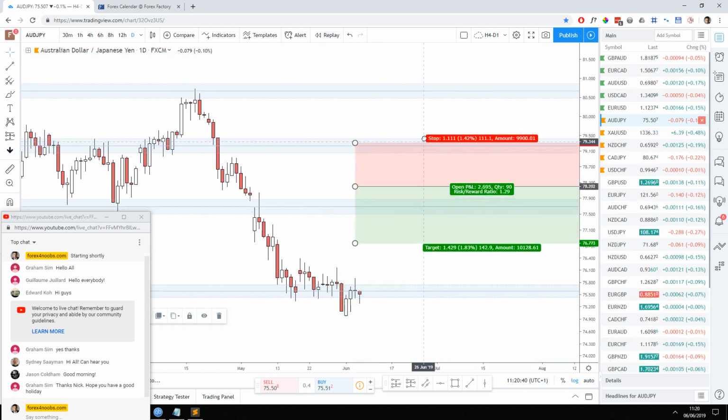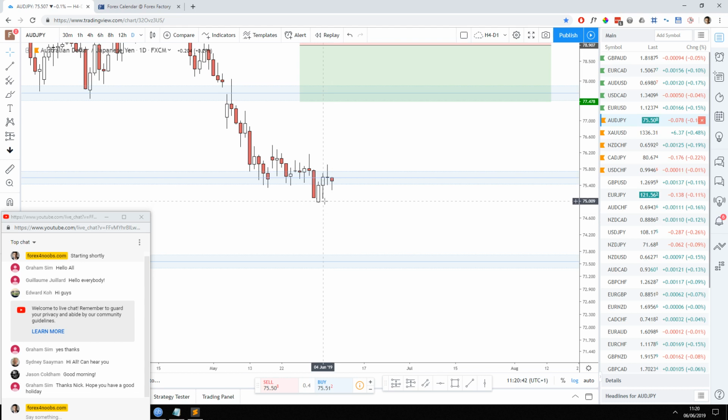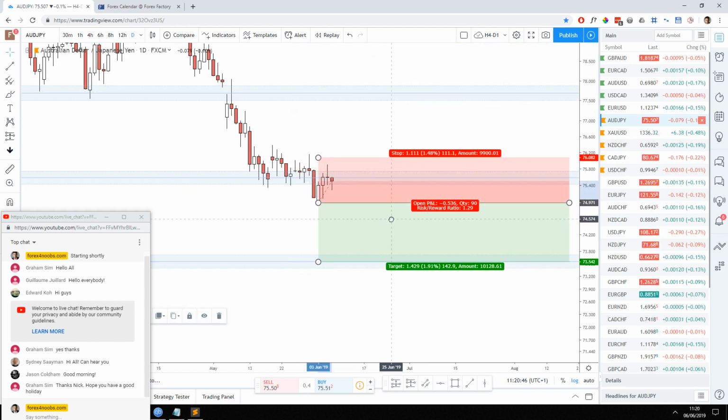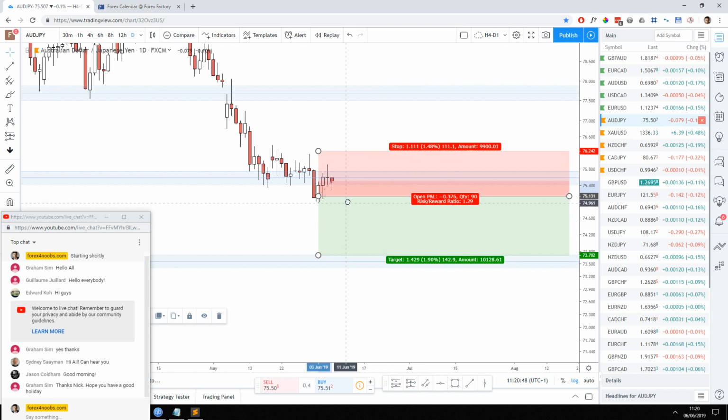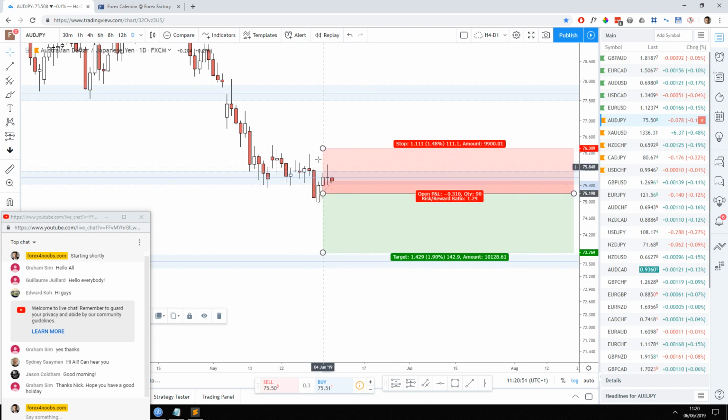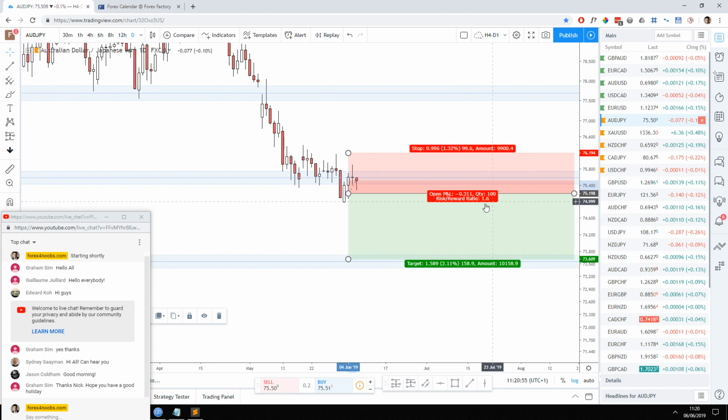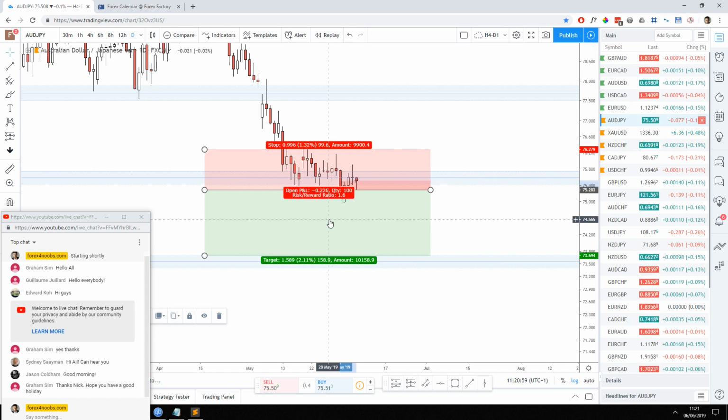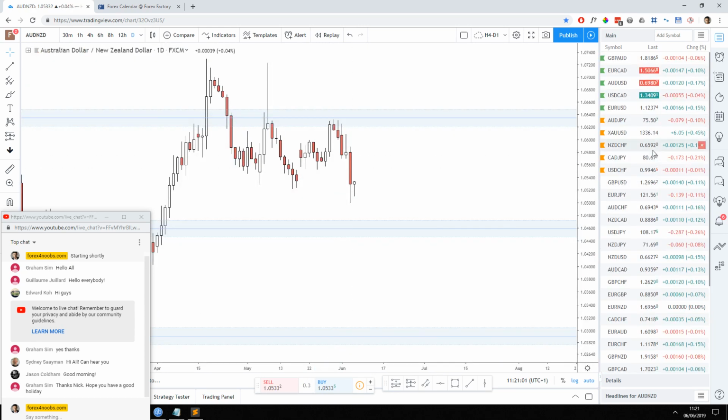This low to be broken. Then I'd wait for a bit of a pullback for my entry. That's how I would do it. So let's say my entry would be more like there. Then we'd start to see some better numbers. That's actually not that great in terms of risk to reward ratio. But the point is, I want to see